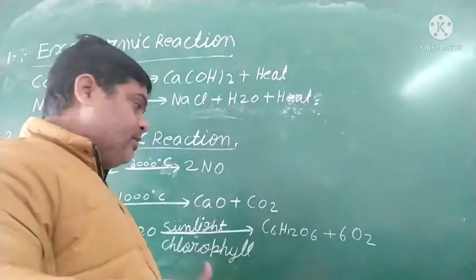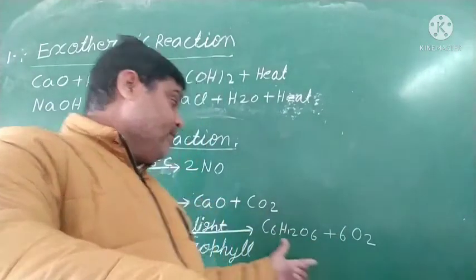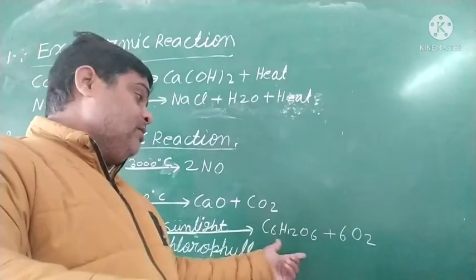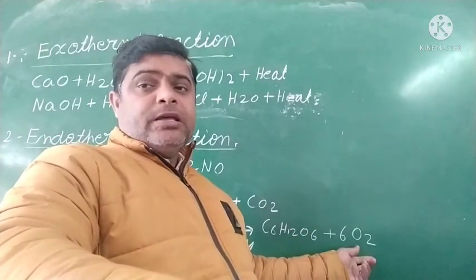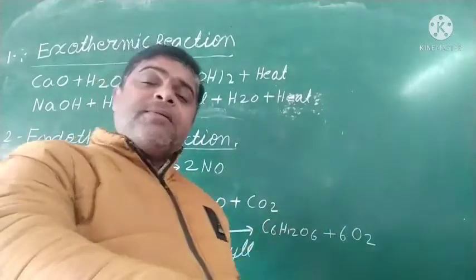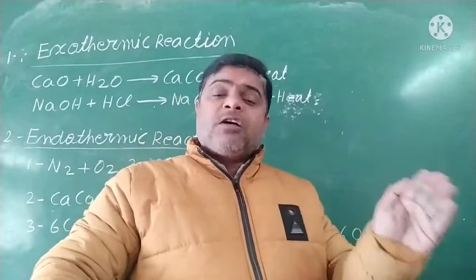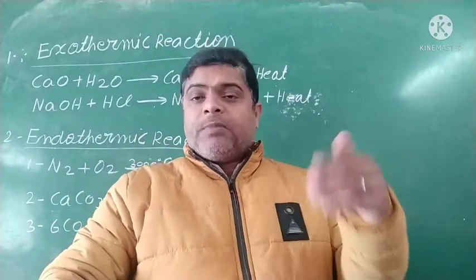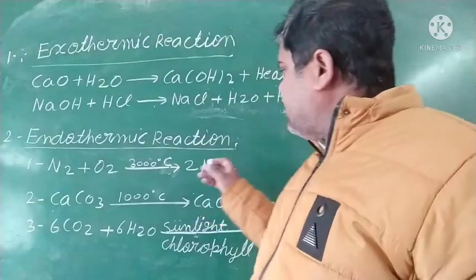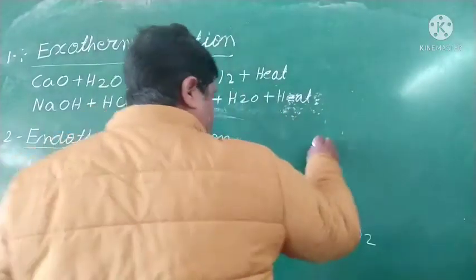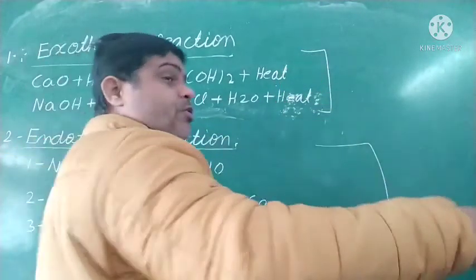You know, this is the carbon-oxygen cycle. In the carbon-oxygen cycle, such oxygen is absorbed by human beings, and after that the human releases carbon dioxide. So the human or animal releases carbon dioxide, and such CO2 is absorbed by the plant. So you can see, these are the 3 examples of the endothermic reaction, which is very important, and the 2 examples of the exothermic reaction. So study well.